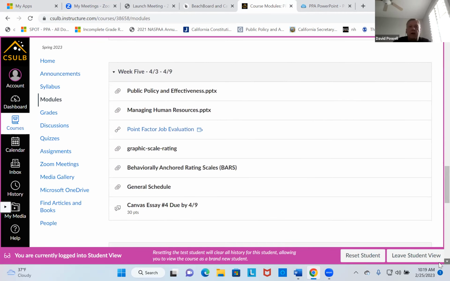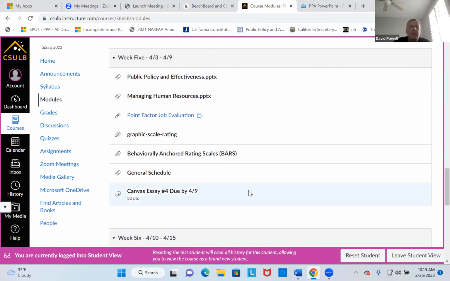Then in week number 5, we'll do public policy. We'll talk about decision-making models and effectiveness, and maybe if we have time, start our discussion of the beginnings of management of human resources. I have a few links here for examples that we're going to refer to as we talk about managing human resources, things like point factor job evaluations and different types of performance evaluations, and then Canvas